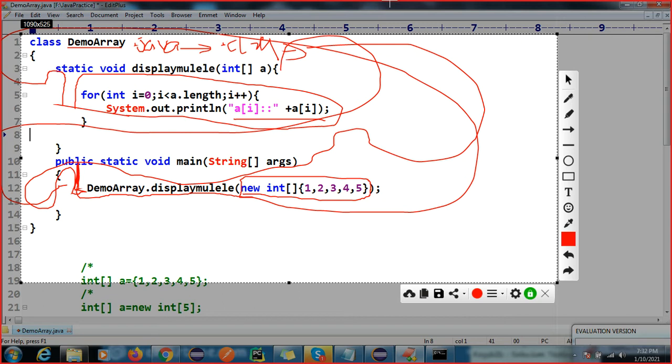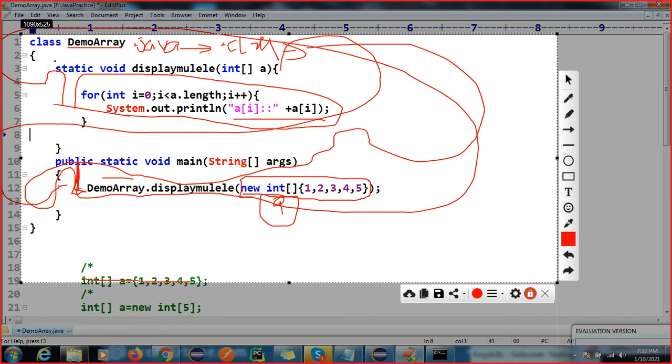So when you are passing an integer array, you have to pass the argument. You can directly define this array like that also and pass this value. But again, this is a lengthy process, and you are writing it again. So directly you can pass a nameless array. A nameless array is called an anonymous array.